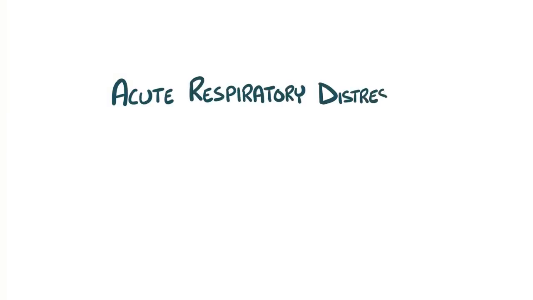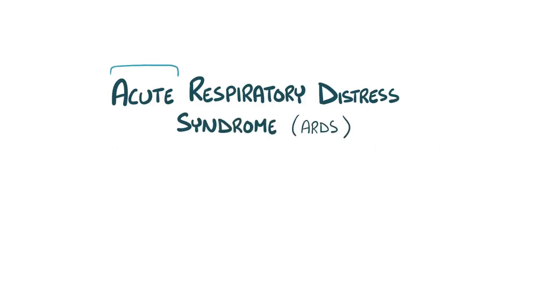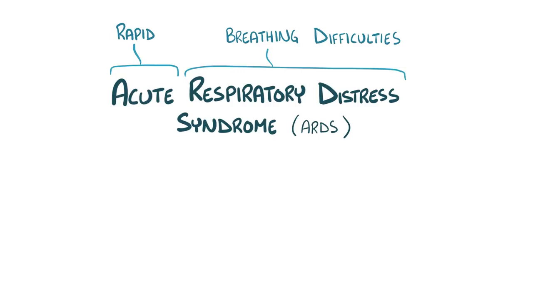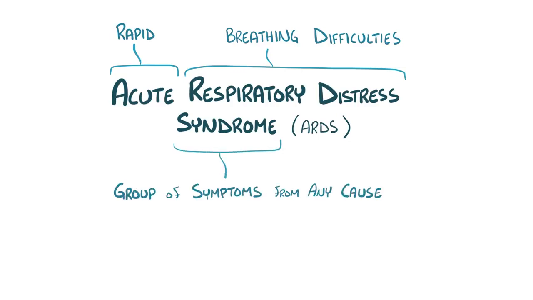Acute respiratory distress syndrome, or ARDS, is exactly what it sounds like. Acute means that it happens rapidly. Respiratory distress means that a person becomes unable to breathe and oxygenate their blood. And syndrome means that it is a group of symptoms that may be caused by any number of underlying conditions,